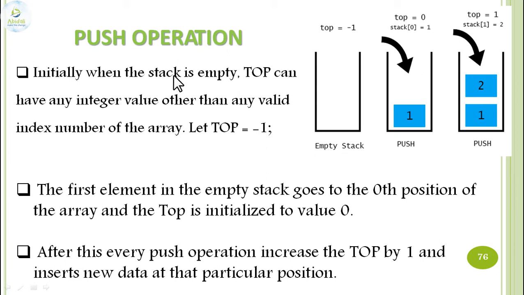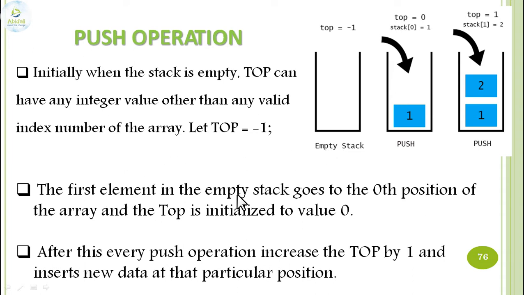So the very first thing we will see is creating a new, empty stack, which is created by the stack operation. Initially when the stack is empty, top cannot have any index number from 0 to n minus 1. Apart from that, it can have any value. So 0 to n minus 1 values cannot be used, so we go to the negative scale, where the first value is -1. So top will be initialized to -1 when the stack doesn't contain any elements, or the stack is empty.